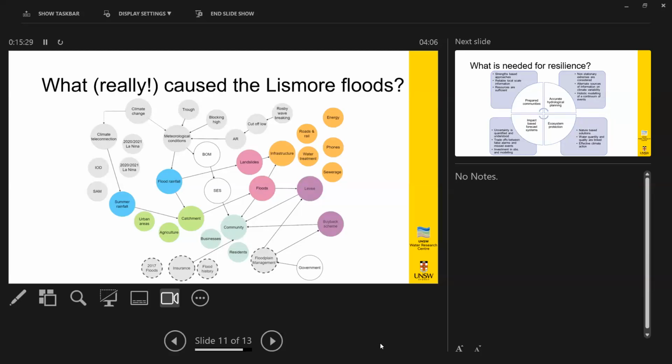But when we look at all of these different climate change impacts on our climate teleconnection, it's not just the rainfall, the meteorological conditions, but a whole lot of very specific events that led to those rainfalls. You can see here what a multidisciplinary problem providing flood resilience to this community really is. And so it's really going to take us a lot of work to talk across these disciplines and ensure that we're really, truly getting to resilient flooding.